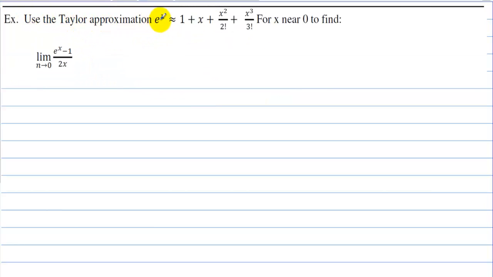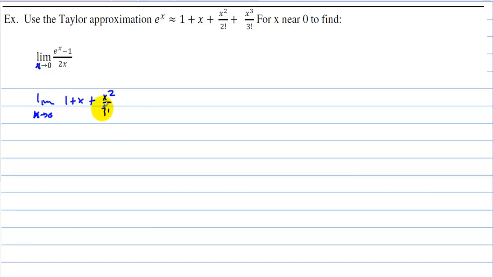Use the Taylor approximation, e to the x equals all this stuff, for x near 0 to find the limit as x approaches 0 of e to the x minus 1 over 2x. We have the limit as x approaches 0. Let's make them x's. And we can replace e to the x with its approximation, which is 1 plus x